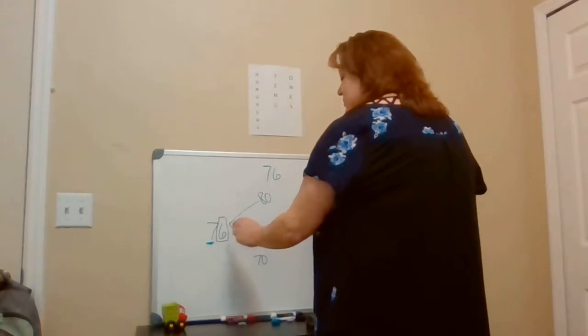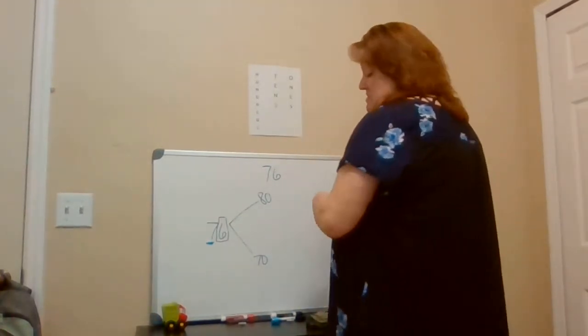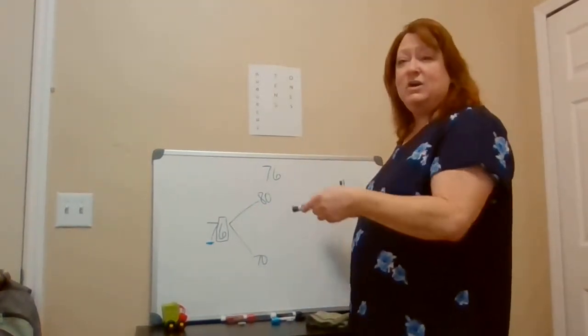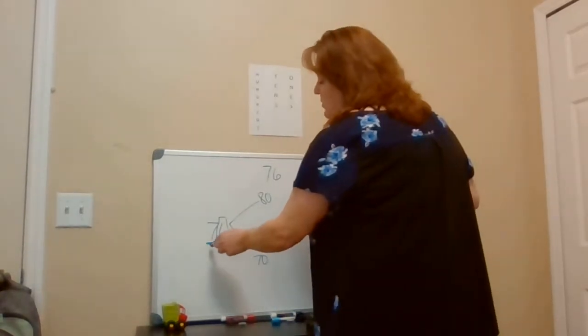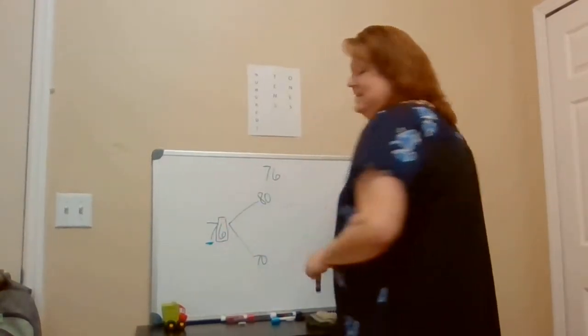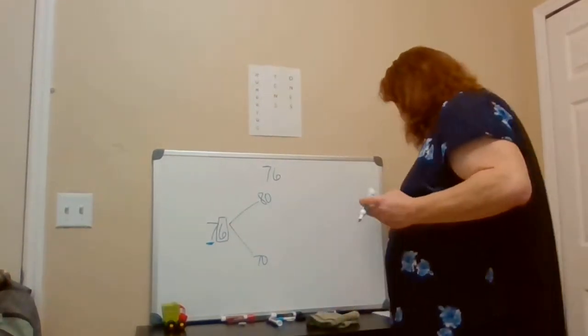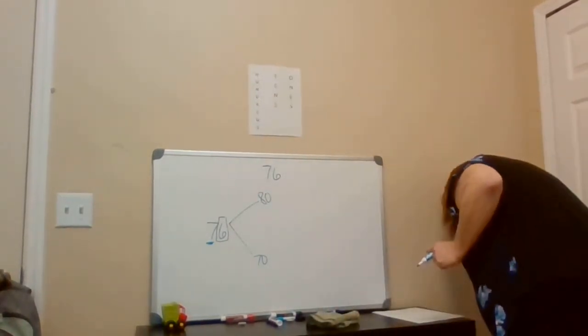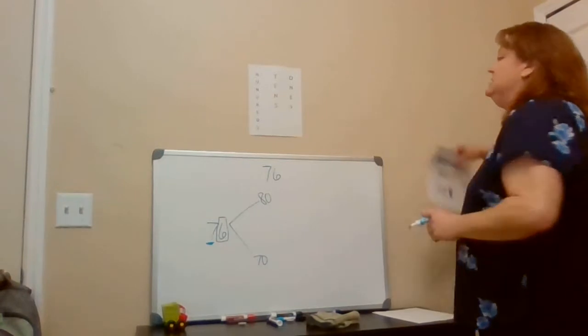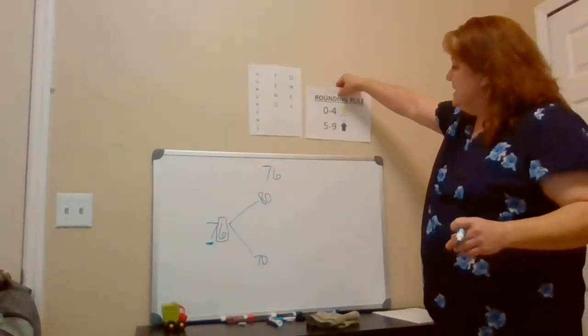So this number can tell us, without making a number line, without doing our jumps, whether we're going to make this an 8 or keep it a 7, okay? Now the rule for rounding, see if we have our handy dandy little help sheet here. The rule for rounding